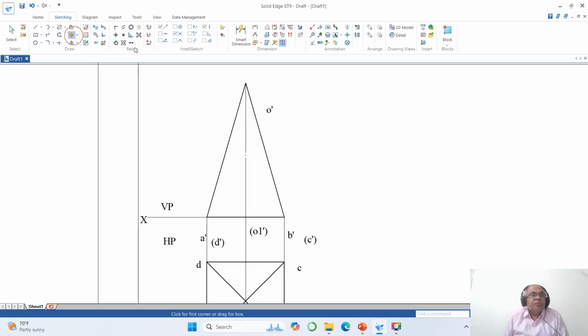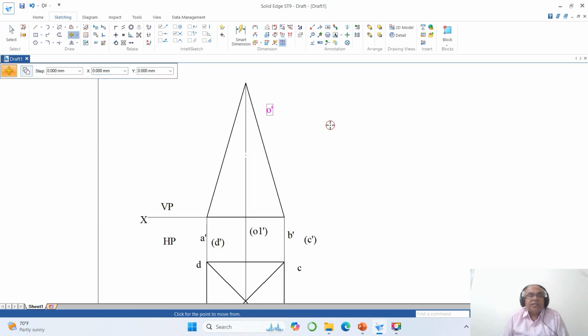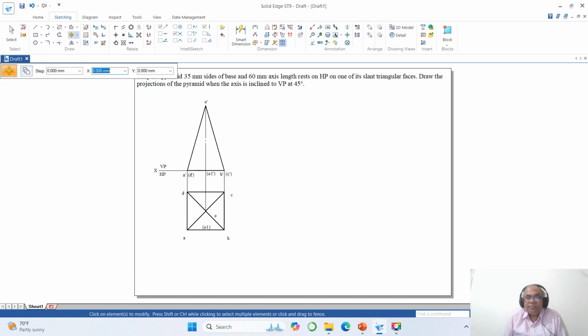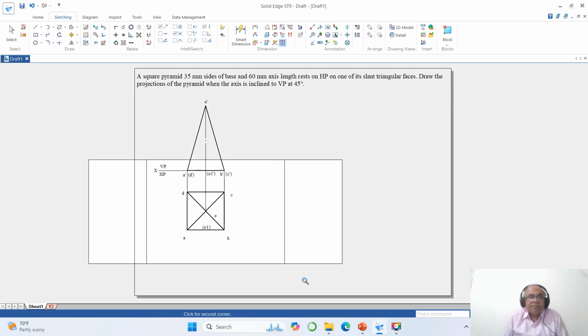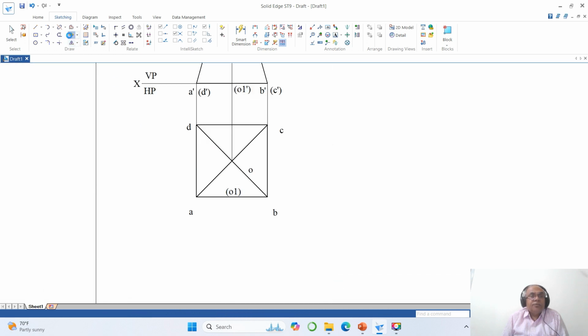Now you come down to move, disable copy, you select this and you keep it here, then you take X, you take VP, then HP, A dash, D dash, O1 dash, B dash and C dash. Similarly fit, then go to zoom window, then go to move,